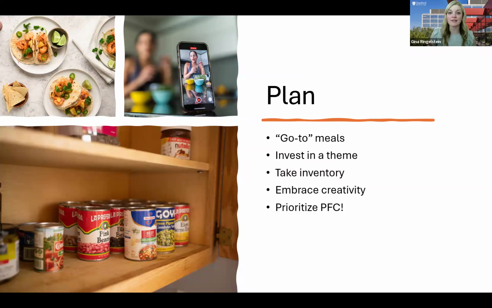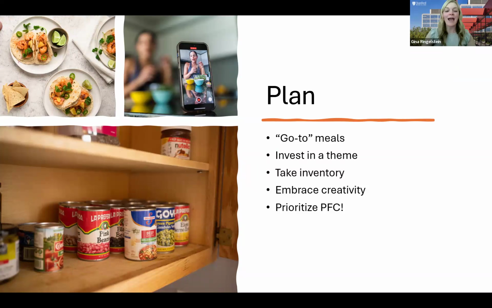You also want to think about embracing creativity. Like I said, the more fun we can have with the process, the more likely we are to stick with this. And maybe this is your moment to open up that social media platform of choice, look at those recipes you've saved, and maybe that's a moment to start trying something new to make food a little bit more fun rather than feeling like you're eating the same foods over and over. This also could be a great time to pull out that favorite cookbook of yours and find a recipe that looks really interesting and is on par with the summer or spring or fall seasons, etc.